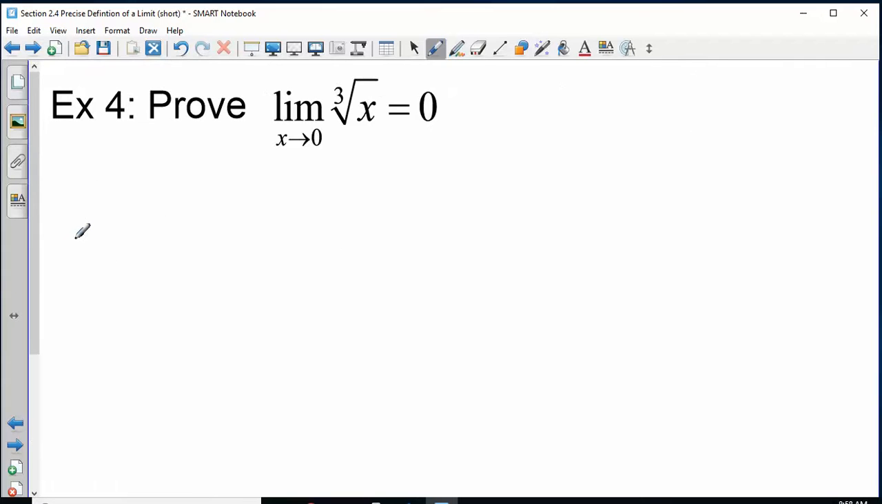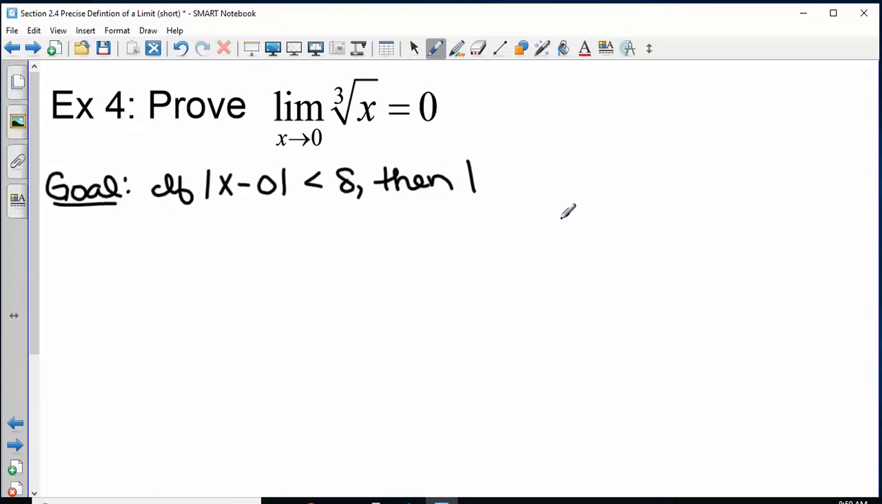So I believe this was the example we were ready for. Is that right? Okay, so we start with our goal. And that part is really just to kind of help us later on. So if the absolute value of x minus a, what's my a value? 0, is less than delta,